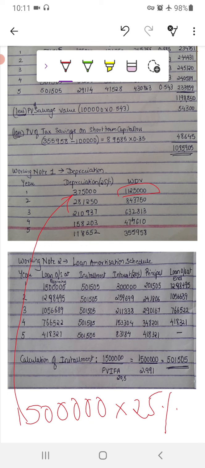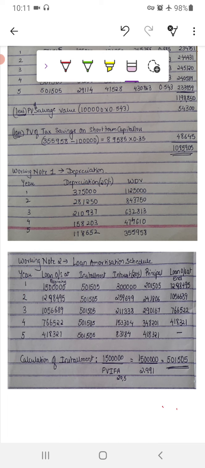Written down value is nothing but 15 lakhs minus depreciation for that year. That is 15 lakhs minus 3,75,000 gives you 11,25,000. So that is how you calculate written down value for the first year. Next, second year. Now second year depreciation would be calculated on the written down value. So 11,25,000 into 25% gives you